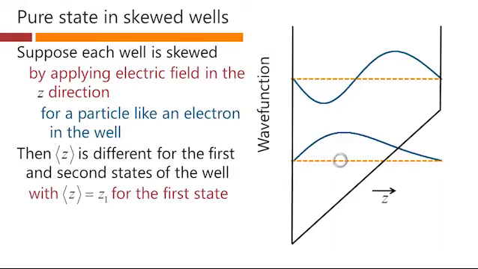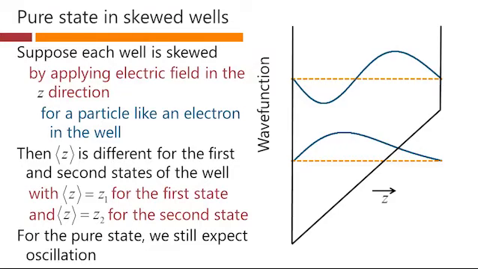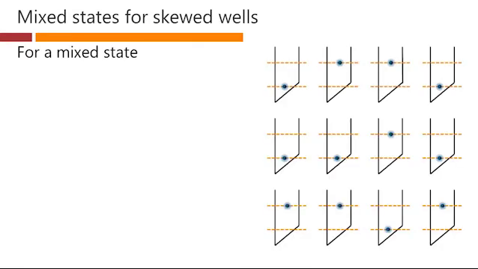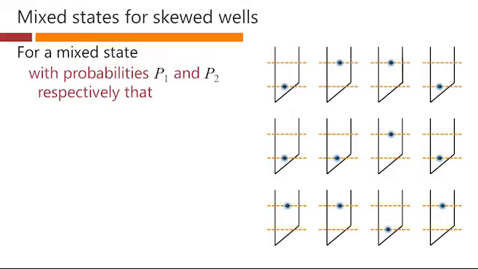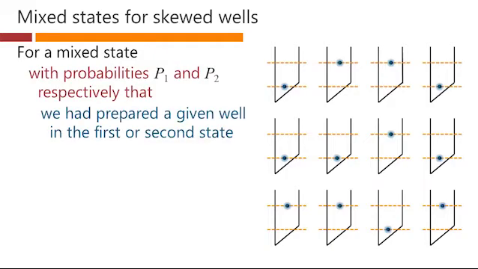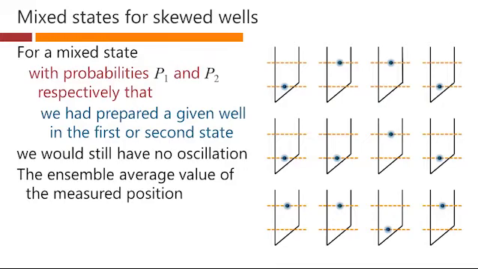So we would have some z1 as the expectation value position for the first state, a little to the left would be the answer there, and z2 as the expectation value of the position if we were in the second state, which would be a little to the right of the center. For the pure state, we would still expect oscillation, but for the mixed state, we will not get oscillation. For our mixed state, where we randomly prepare an electron either in the first or second state of these various different wells, with probabilities P1 and P2 respectively that we'd prepared a given well in the first or the second state, we would still have no oscillation. The ensemble average value of the measured position, however,